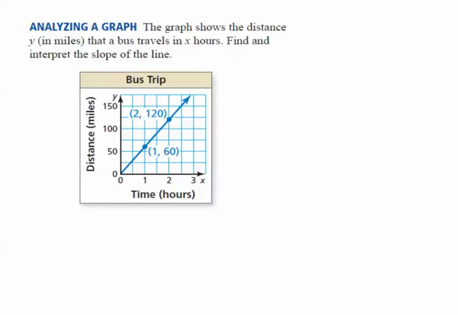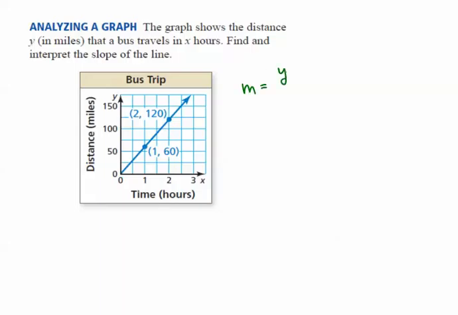Right, in the next few examples we are also going to look at calculating slope from some real-world graph, where here we have distance traveled over time, and distance on the y-axis, time on the x-axis, and we're given these 2 points here. So it's not easy to tell exactly from the grid how many to count up, so it might be much easier in this case to use the